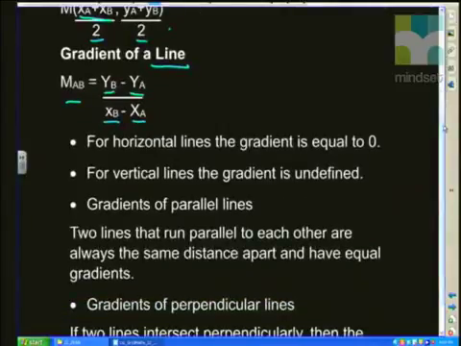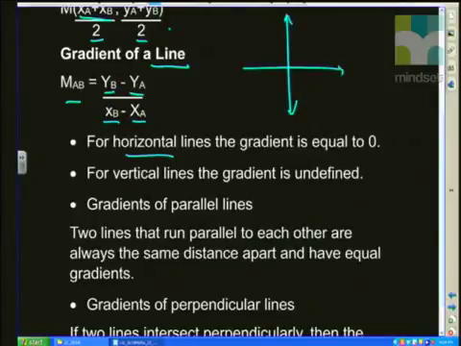Now, what I also want to remind you about, just touching on gradients, is that when we look at horizontal lines, so if this is your axis, or your axes, if you have a horizontal line, so that's just a line going straight through the y-axis, all right? The gradient of that line is equal to 0. Now, the reason for that, okay, hopefully you guys can see the reason for that, but remember, everywhere along this line, y is equal to some value. Let's just say y is equal to c, okay? Because your y coordinates at any point are exactly